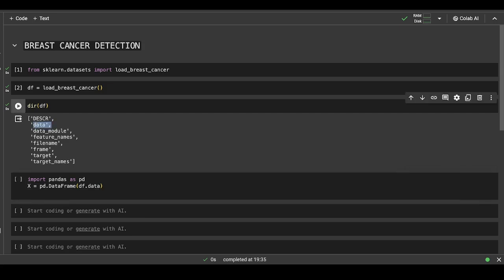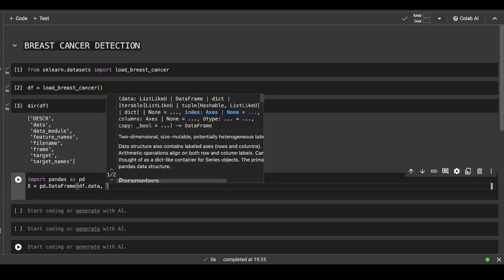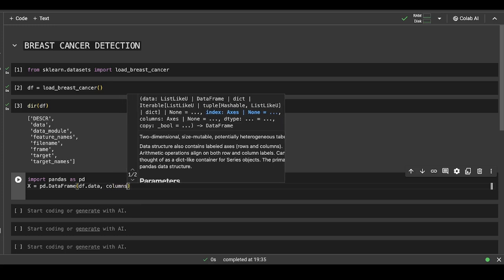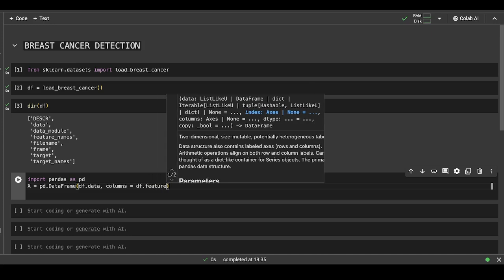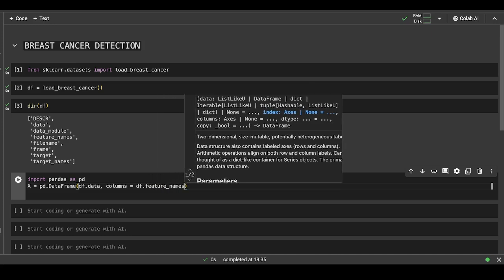The data actually holds the original values of all the measurements. And now that we have the data, we also need to give column names to that data respectively. For that, we will provide the columns attribute into which we will provide the feature names. Now let's run this.